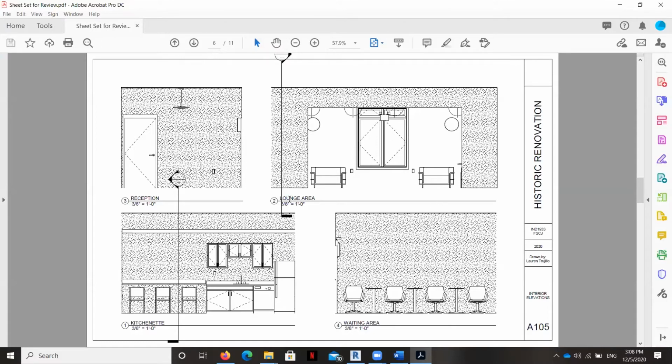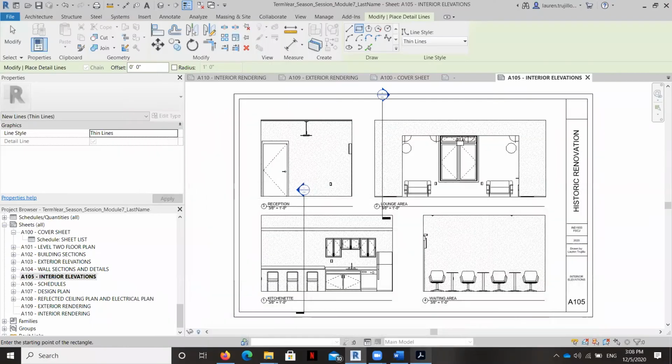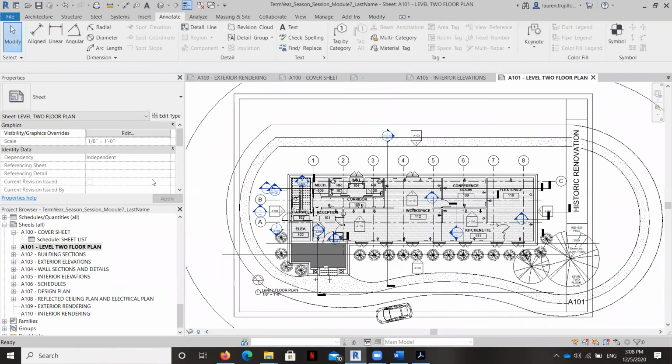I have called this here lounge area, but I'm also going to change that to, I believe it's called workspace. And if we look on our level 2 floor plan, that area is called workspace.